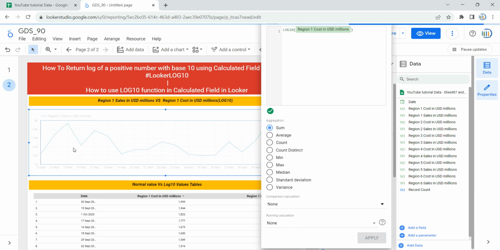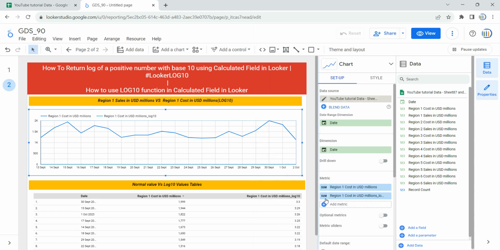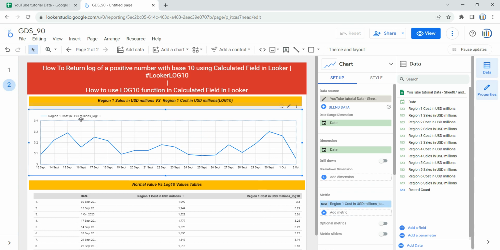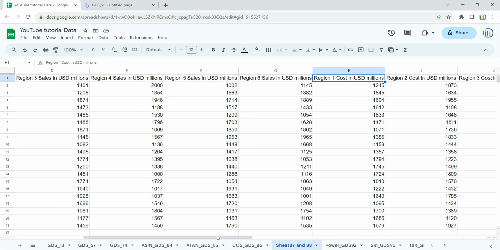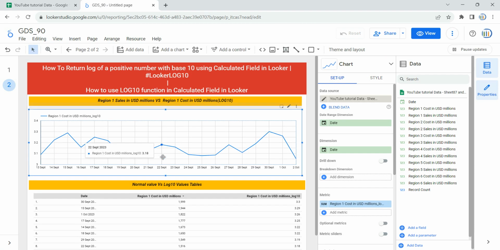The moment I press apply, you will see that this table is not getting affected, but this graph is. And right now you will see that you have two metrics over here, region 1 cost in USD millions and region 1 cost in USD millions log10. So I'll remove this first one, which we do not need. So the first metric that we have now is region 1 cost in USD millions log10, and now we need to include this region 1 sales in USD millions